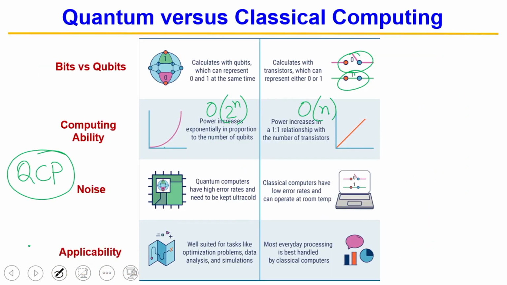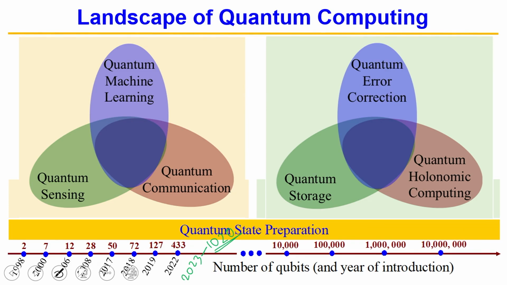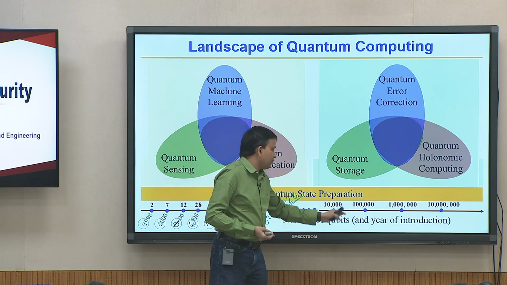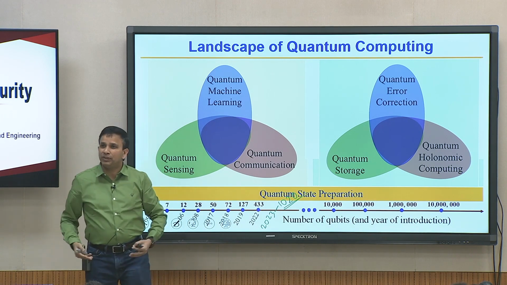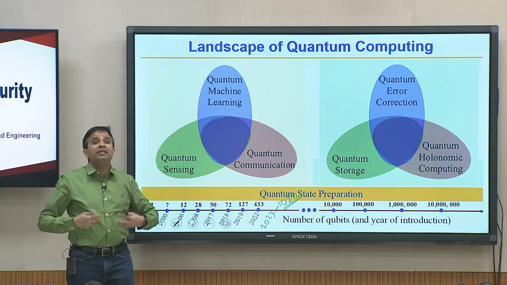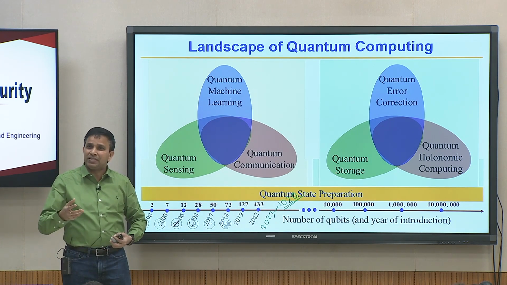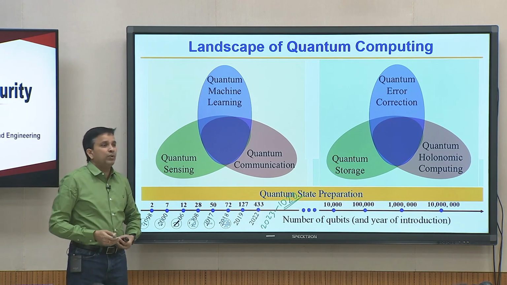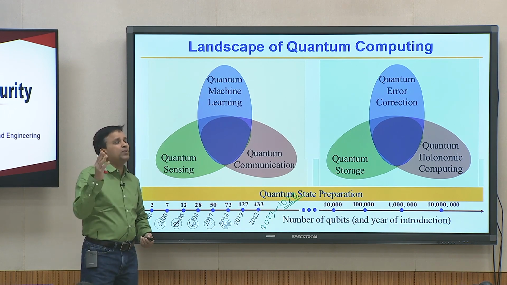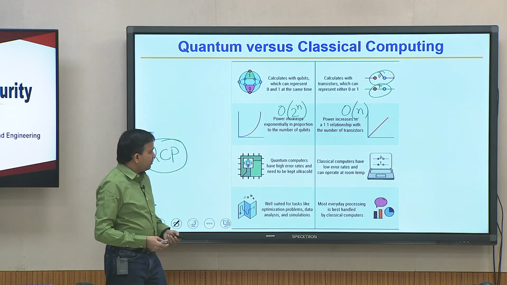In fact, one of the diagrams here is incorrect. There is a class of quantum computer from a company called D-Wave. They are building quantum computers of these qubits, but they are not general purpose quantum computers. They are annealing type of quantum computers. For applications that need simulated annealing or annealing, those quantum computers will do well, and chemistry, biology, all these people are using the D-Wave kind of quantum computer.